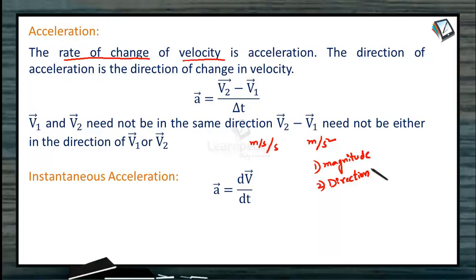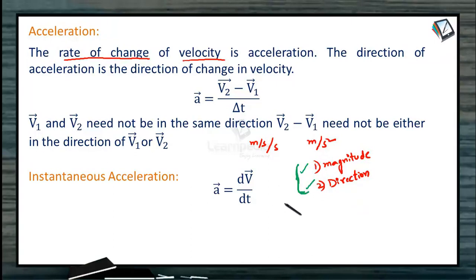Alright? Because velocity is a vector quantity, all vector quantities are described in terms of two things. One is the magnitude and the other is the direction. So it can be changed by changing magnitude or direction or both. So how can we change the velocity? We can change the velocity by changing its magnitude, by changing the direction of motion, or we can change both